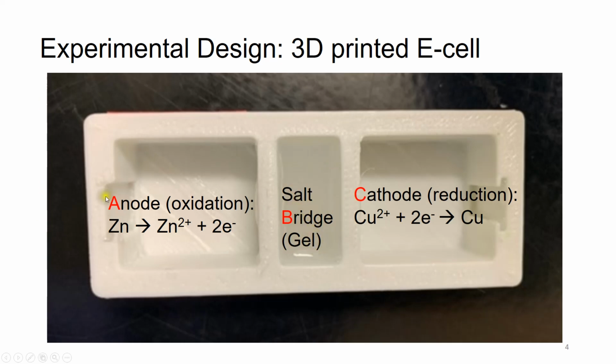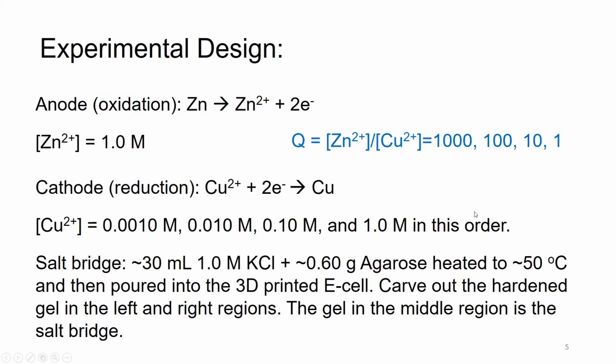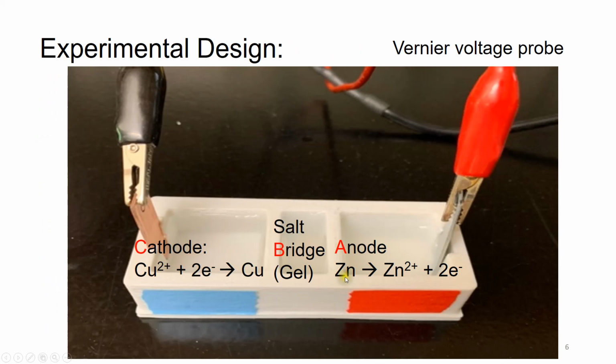And then on the left, we have the anode. Zinc reacts to become zinc 2 plus and 2 electrons. On the right hand side, you have copper 2 plus getting 2 electrons and becoming neutral copper. Unfortunately, in this photo, the anode and cathode switch places. So over here, this is anode, this is cathode. We're going to measure the voltage using a Vernier voltage probe. So these two will be connected to